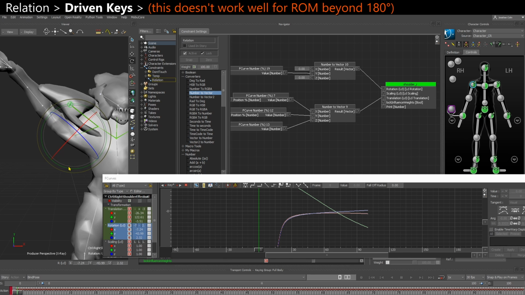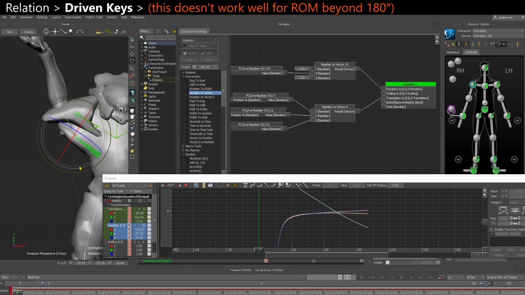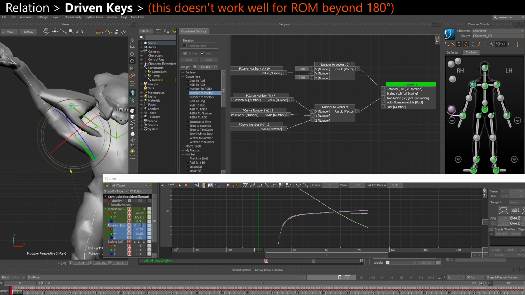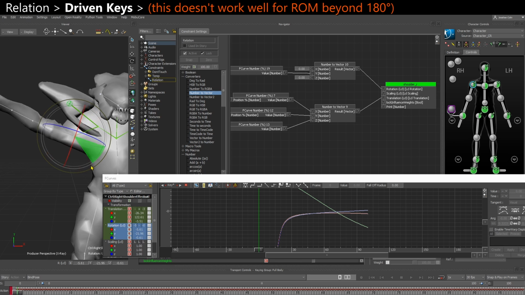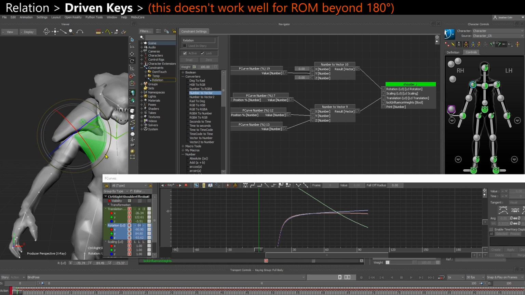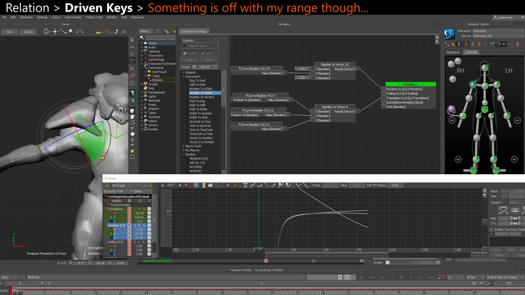Okay, so obviously with big ranges, if you start making that arm go beyond and rotate, this starts breaking because in local space that rotation starts going the other way around. I mean, there's no secret, that's just Euler interpolation, there's no big way around it. So here I get a little bit of weird result because